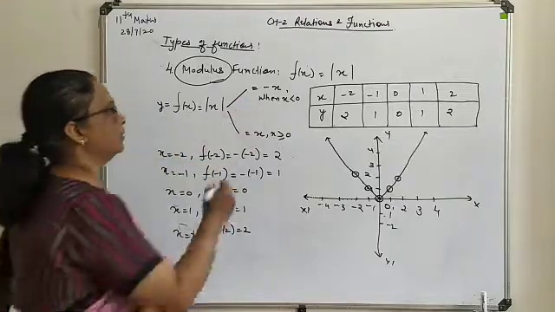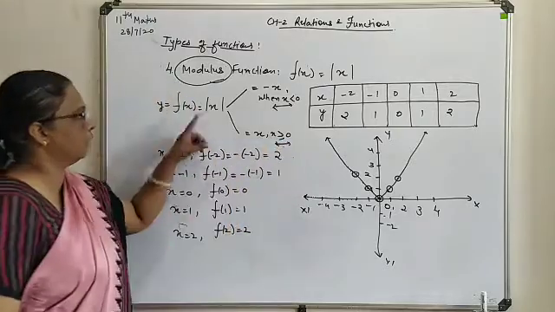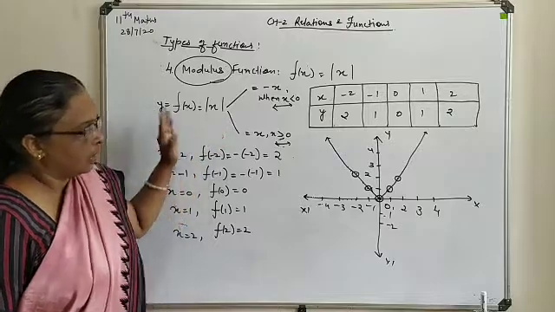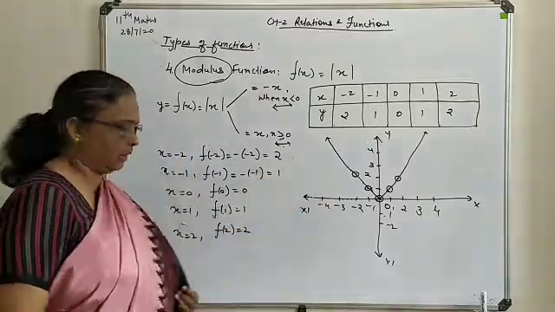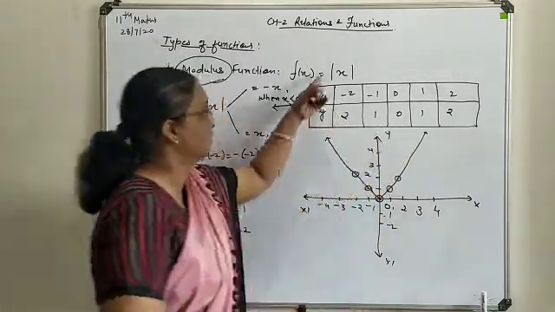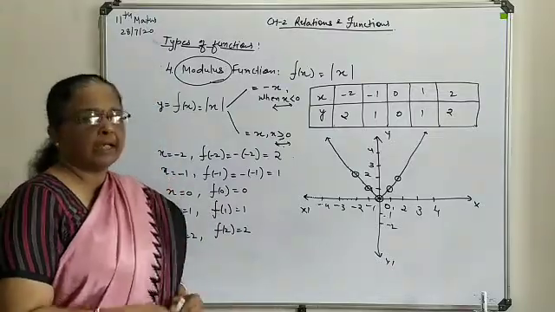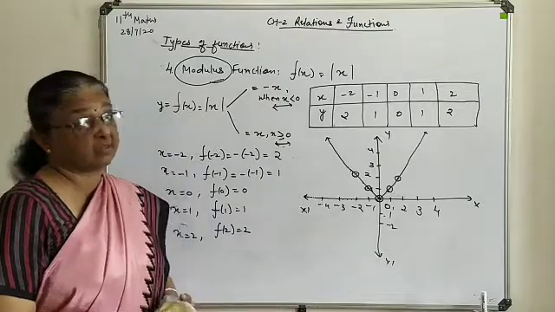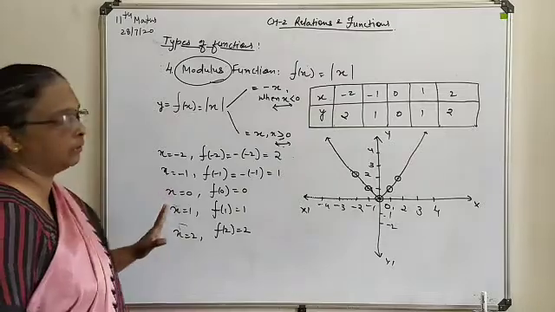So everywhere you have to talk about this range. So keep these two things in your mind while you're writing the solution regarding modulus function. So this way the modulus function will give you this type of pattern. Now one more, every time it is not necessary that you are dealing with this type of pattern, means x only inside the bracket. It may be x plus 1, it may be x minus 1, x plus 2, x minus 2, like that. So at that time what is to be done? Only one thing you will make change.